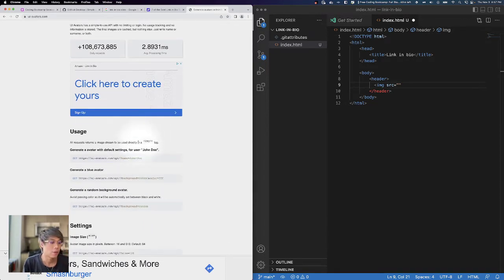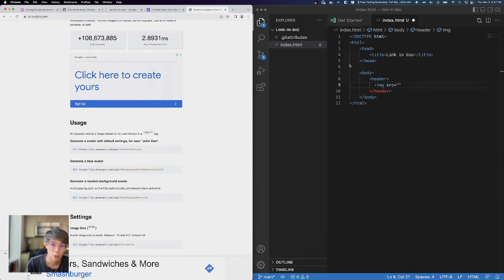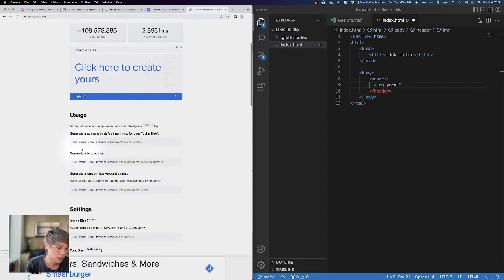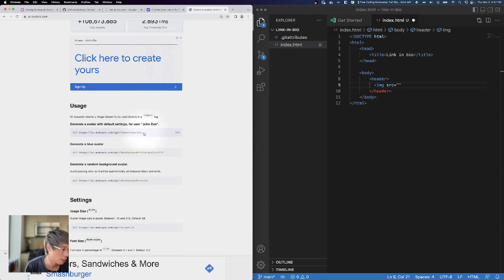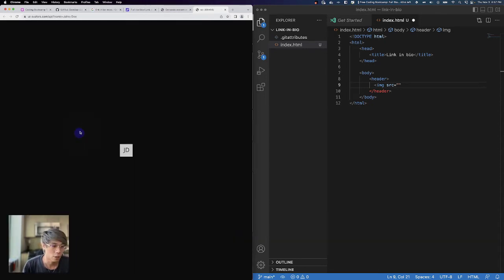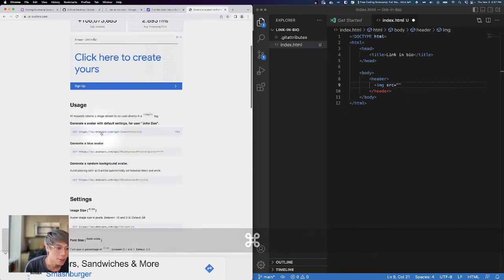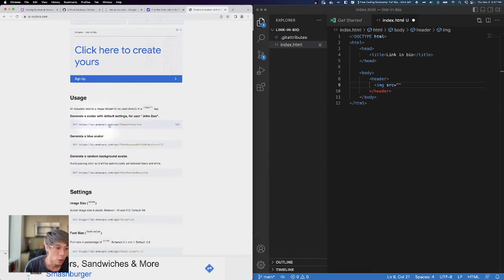Cool. So we're in the UI avatars site. If you have your own image, a local image that you want to drop in here, that's fine. But I like UI avatars because it's a really easy way to get an image link made. So basically here, at uiavatars.com/api, there's this name, right? Name equals John Doe. If we click on this image,